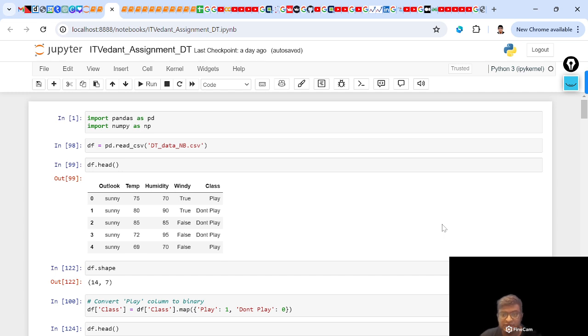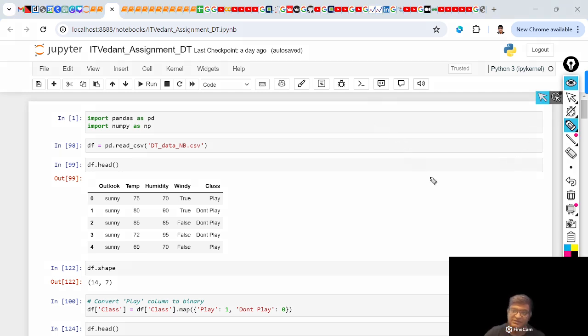Okay, which will help us understand how internally, when we use a decision tree classifier in case of a classification problem, sklearn uses the entropy, and how this entropy and information gain internally work to help us find the best splitting criteria and give the best root node, the feature which has the lower entropy and the higher information gain, and that gets selected as the best root node. Okay,